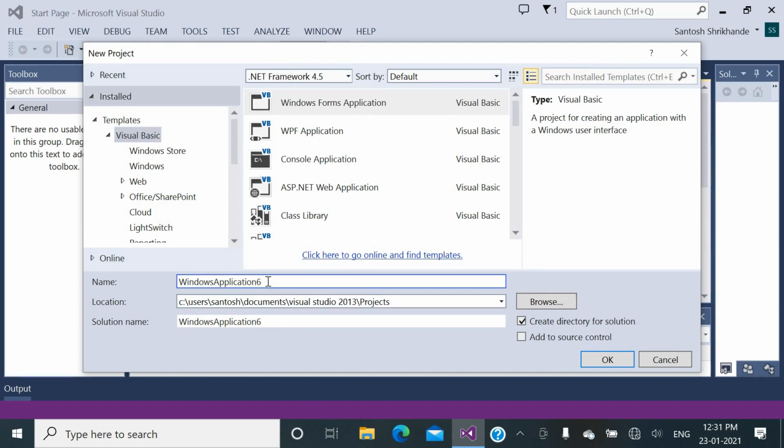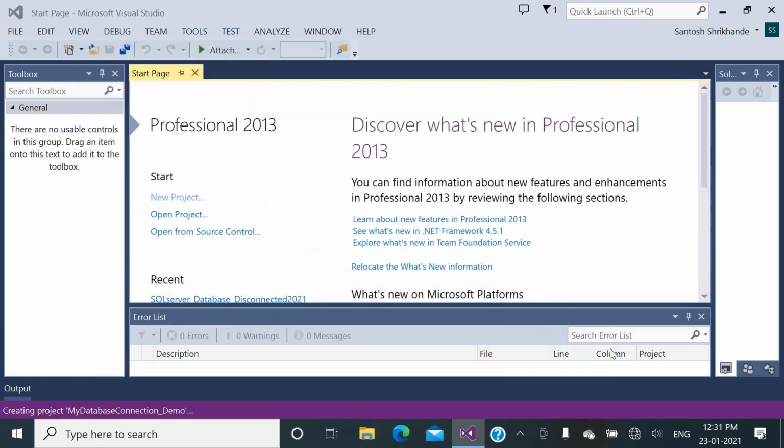So here I will give the name, my database connection demo. This is the name I have given to my Windows application.